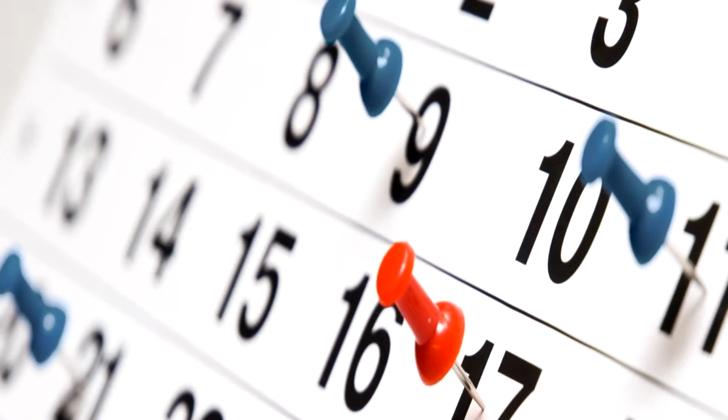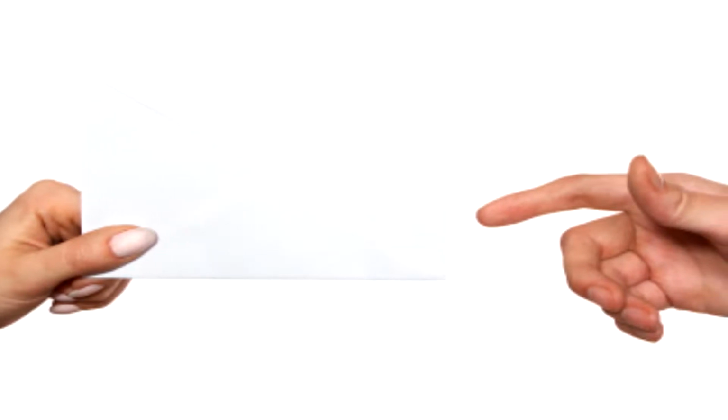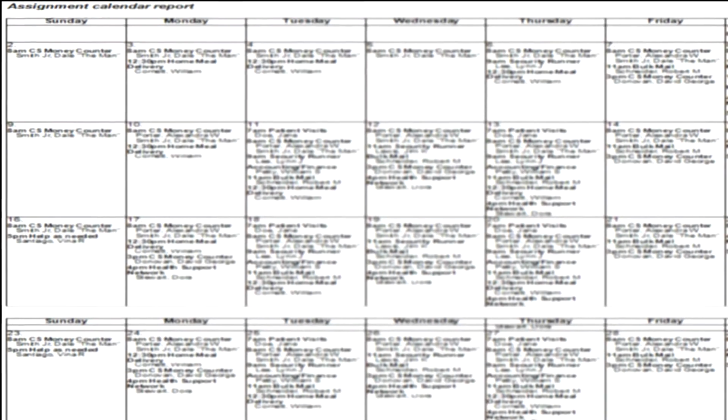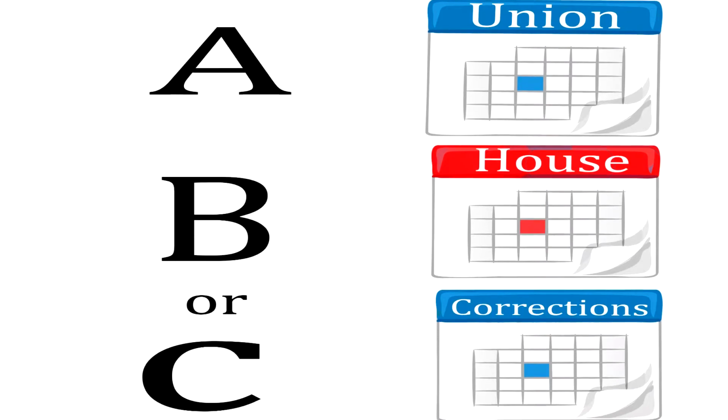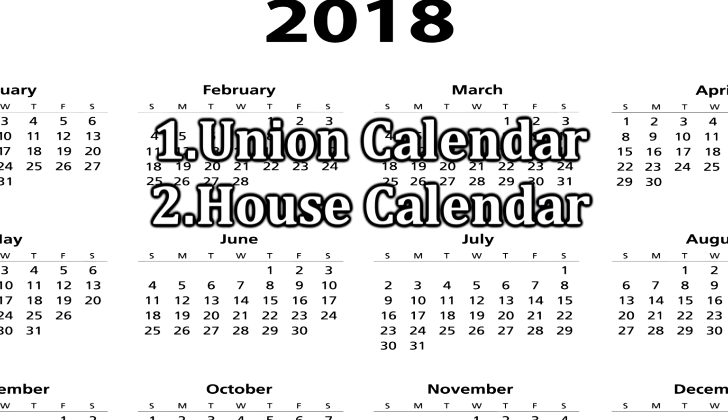Calendars are basically an agenda for what the House and Senate plan on doing. It is published and sent to every office of Congress member every day. Once a bill is considered to be reported, it is given to the Speaker, who assigns it to a calendar. There are 3 calendars most used by the House and the Senate: the Union Calendar, the House Calendar, and the